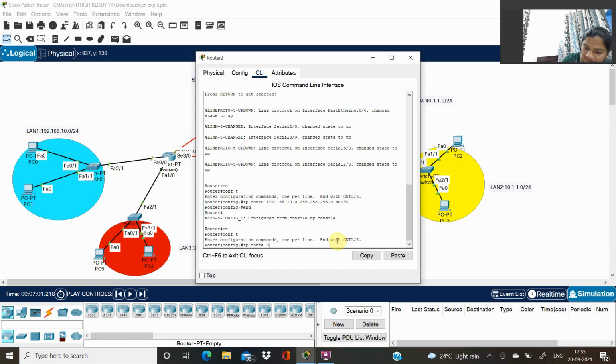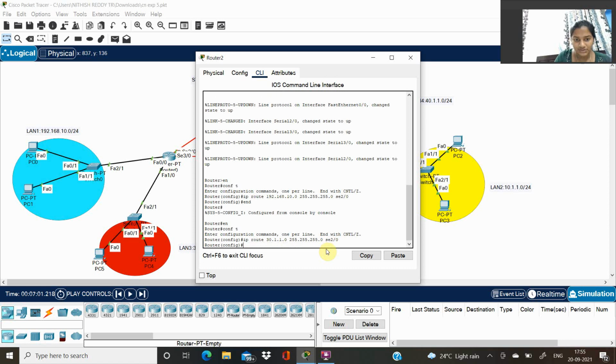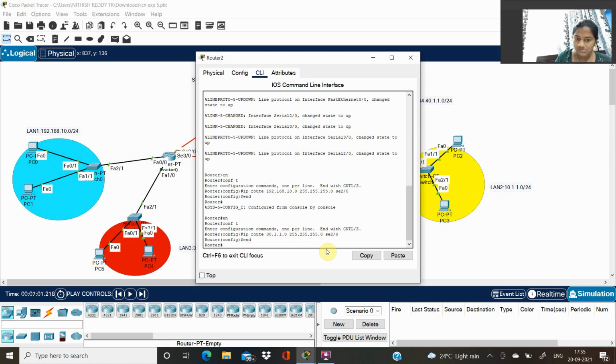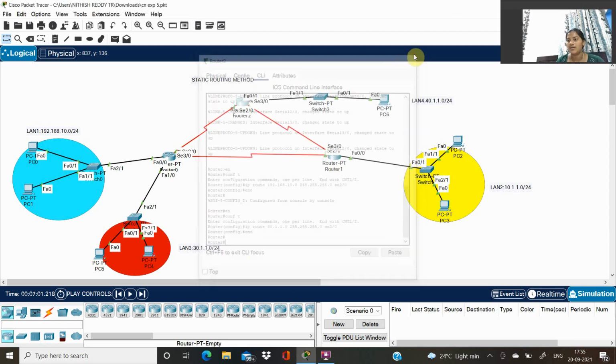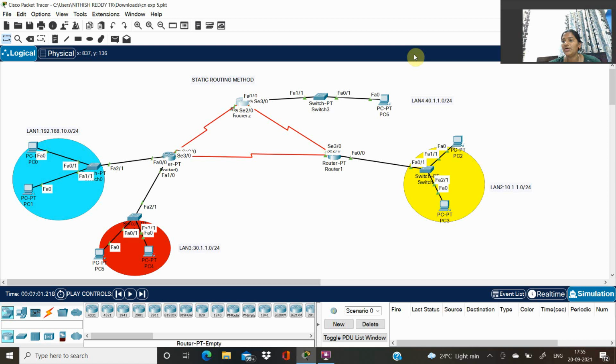That's 30.1.1.0, and subnet mask as 255.255.255.0, and these both are connected to the series S2, so we have to give S2/0. Now we're gonna end it.